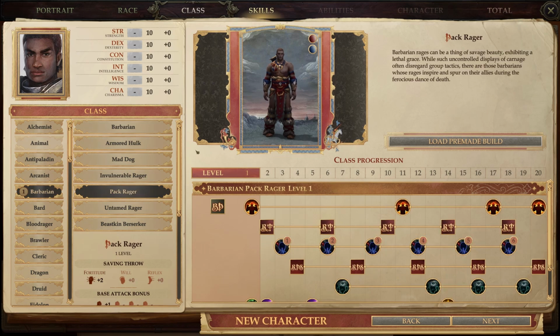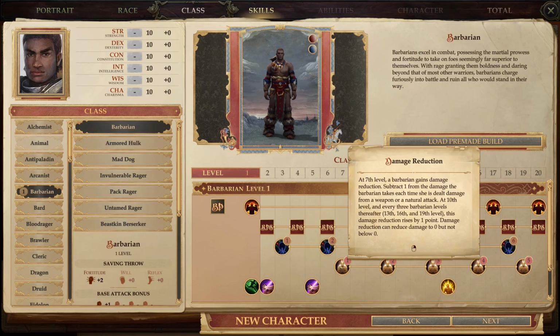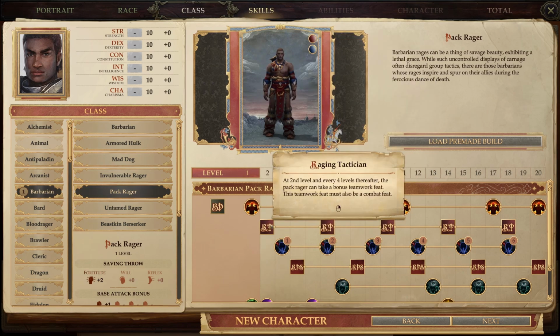The first archetype we'll review is Pack Rager. You'll lose 5 rankings of Rage Power, which is obviously very impactful. You're also going to lose all 5 rankings of Damage Reduction, which is going to make your Barbarian less tanky. In exchange, starting at level 2 and every 4 levels thereafter, you're going to get Raging Tactician, which allows you to select a Teamwork feat. This teamwork feat must also be a combat feat. Some of the teamwork feats such as Outflank are really nice, so this isn't necessarily bad, but it's not worth